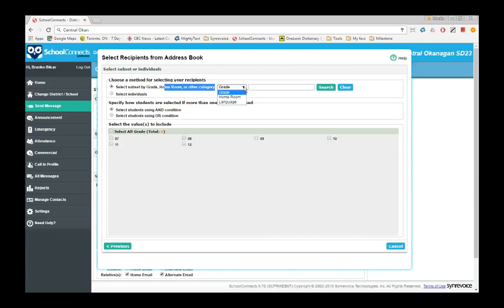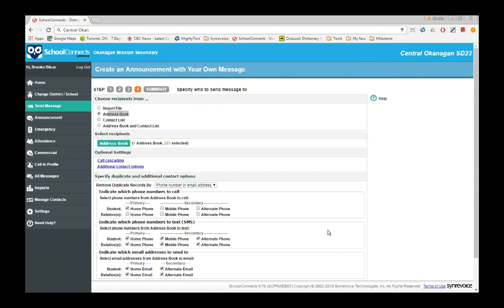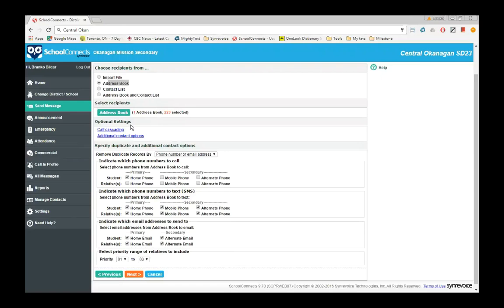The category that's pre-selected here is grade, which is exactly what I want. You can see the various grades here, and it's a senior grade that I want to select, grade 12. They are the graduating grade, the senior grade. I can check it off. It's selected the entire grade. When I click on continue, you can see it's pared it down to the 223 students in grade 12. Okay, so I have my recipients now, and now I can go ahead and fine-tune how they're going to be